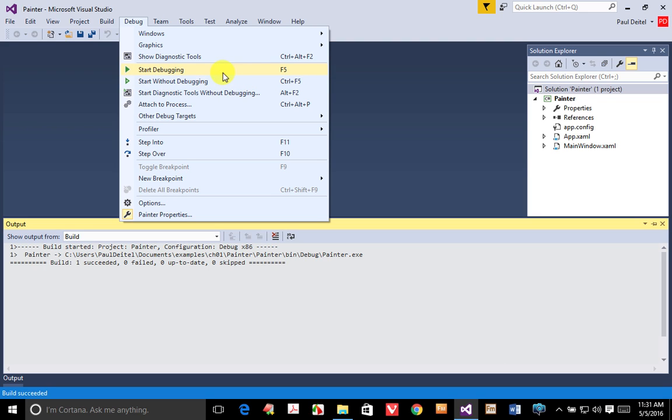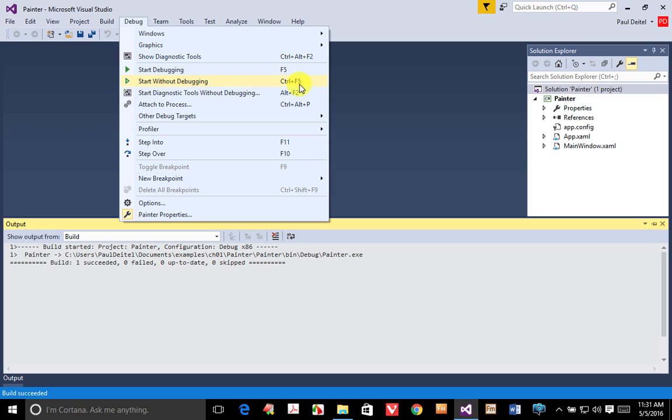Now, when we run the app in this example, it's irrelevant whether we choose Start Debugging or Start Without Debugging. We're not going to see any differences between those for the purpose of what I'm showing you in this video. However, when we move on to Lesson 3 in particular and start covering console-based applications that run in a command prompt window, at that point we're going to want to use Start Without Debugging or Control plus F5, which will enable the window in which the app runs to stay on the screen once the app